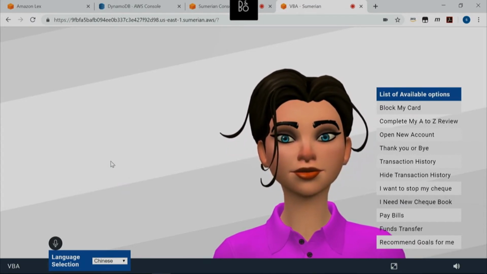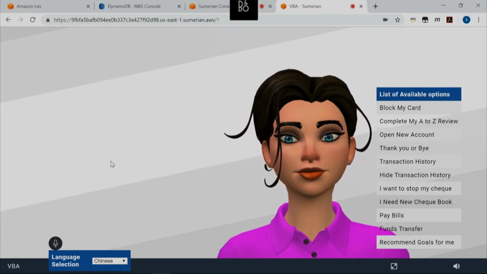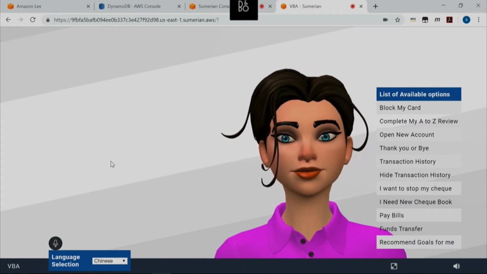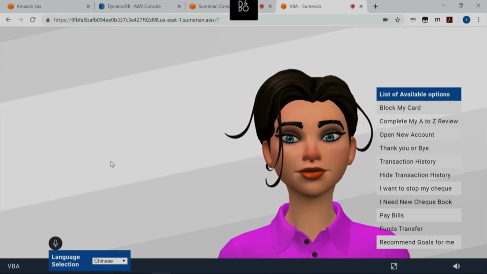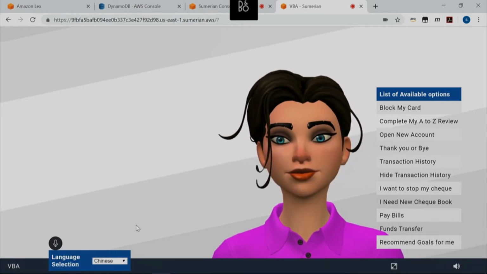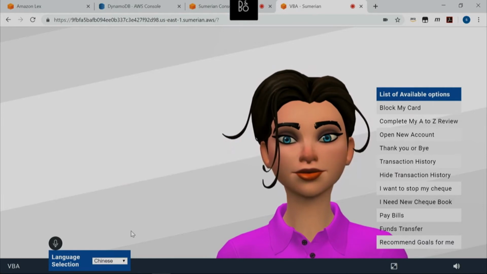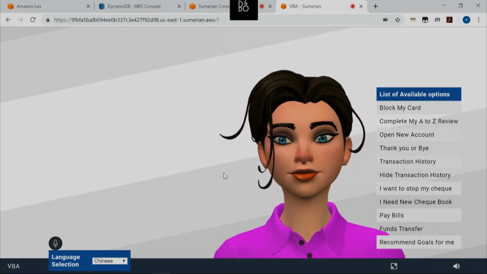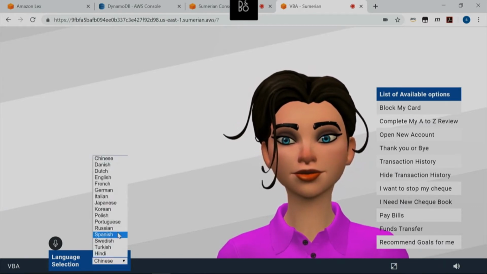So it's not just speaking that text, it's not a word-to-word translation. It takes the entire sentence and converts it into a meaningful sentence in the destination language which we selected here. And it speaks with the accent. That's a good part about it. So we can change the host voice to speak in a different accent. I'm going to try one more language, Japanese.